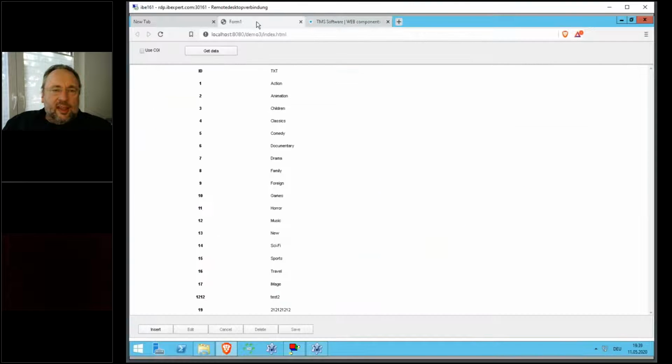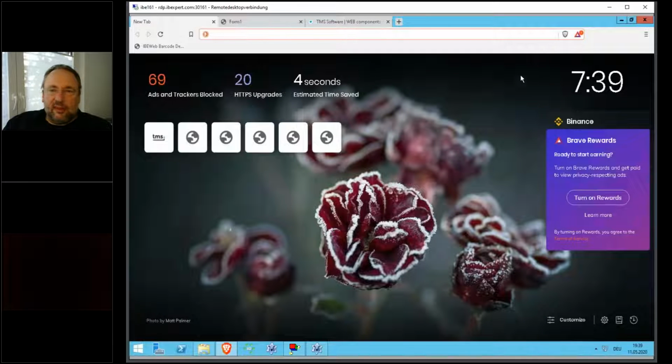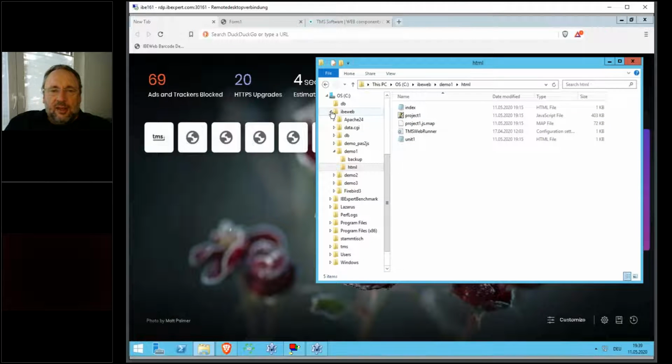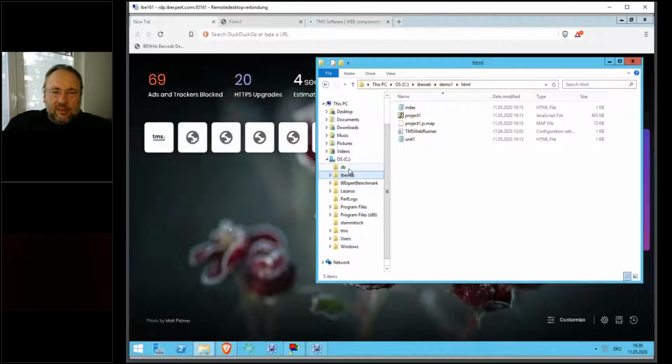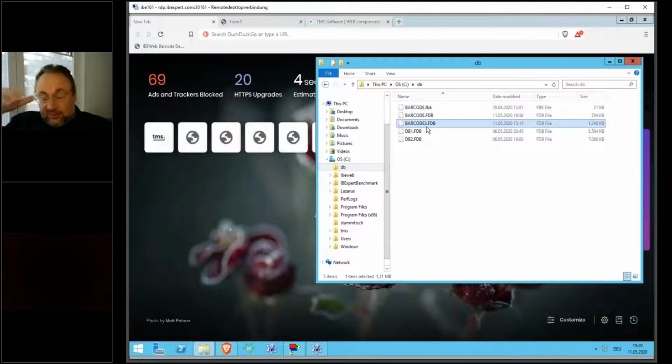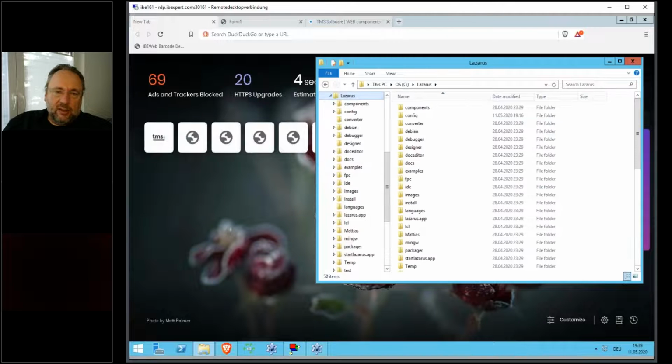Yeah, that's more or less a kind of an overview. I think I will perhaps add some later examples for the other database that I have planned to show you, the so-called barcode database, because in that database, it's the most simple way to show data from a web server, from a Firebird server into a web application. But I think it could be also a very easy way to check out the examples, to check out the Lazarus